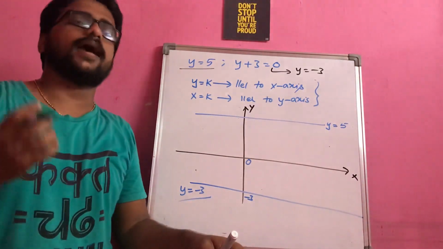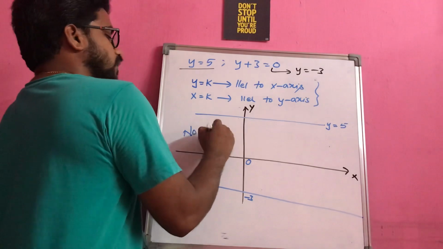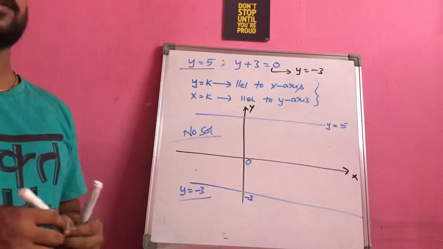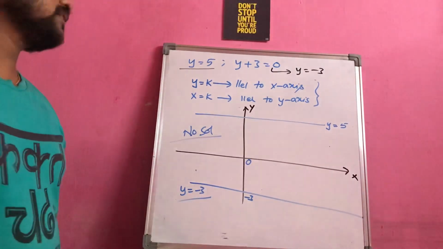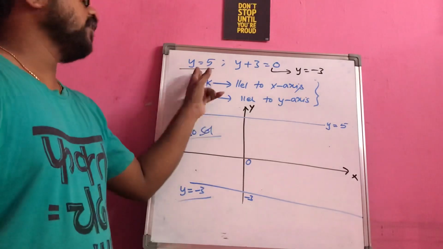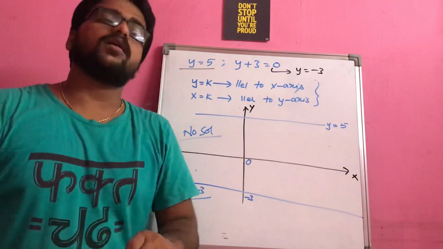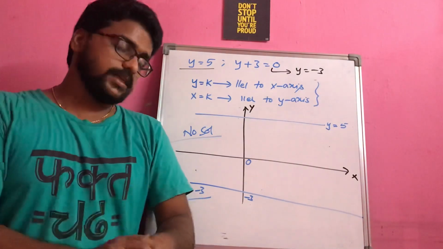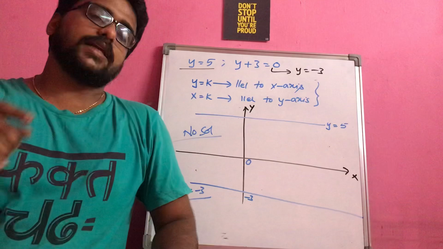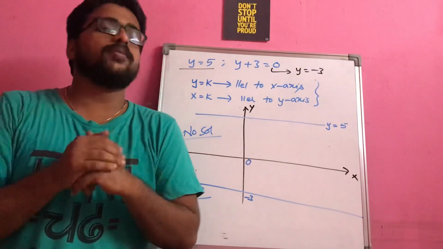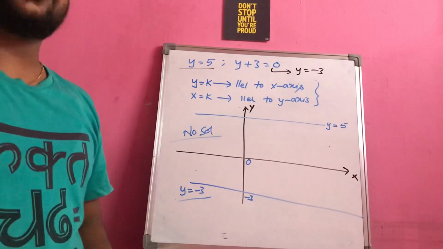where you don't have any common point, which indicates that there is no solution. That means when the lines intersect, only then is there a scope of getting a solution. As the lines are not intersecting here, you can say that there is no solution for this pair of linear equations. And this pair of equations can be called inconsistent, because it is not giving you any solution. Just remember one thing: whenever the lines are intersecting or there is some common point for the given lines, only then can you say that the lines are intersecting. Otherwise they are not intersecting.